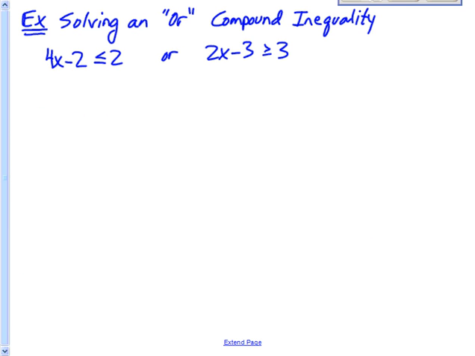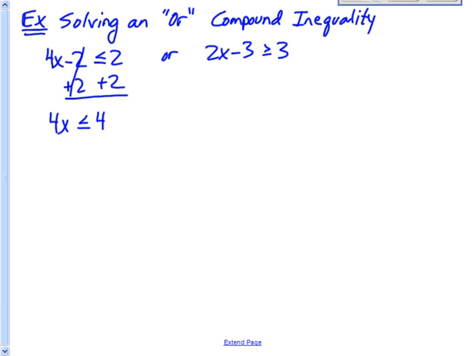Solving an or compound inequalities. You probably like these ones a little more. What you do is they're written one inequality or the other inequality, and or is inclusive, okay? It's like union in mathematics. 4x less than or equal to